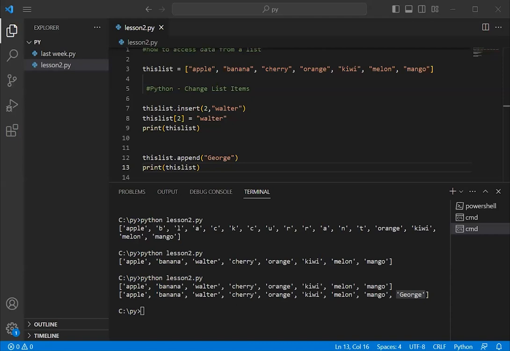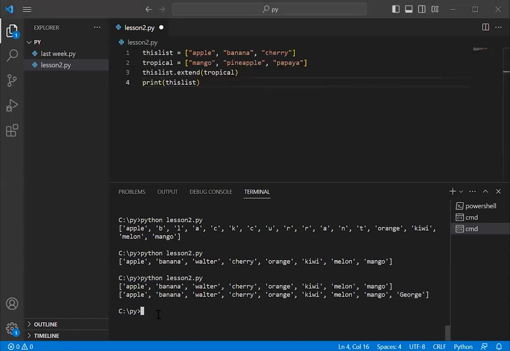Now, you can also extend. We extend another list to a current list by using the extend command. So for instance, I have this list and I have tropic list. Now this list dot extend to tropic, it will add this to that list. When I save this and I run it,